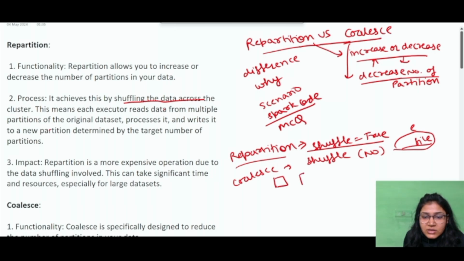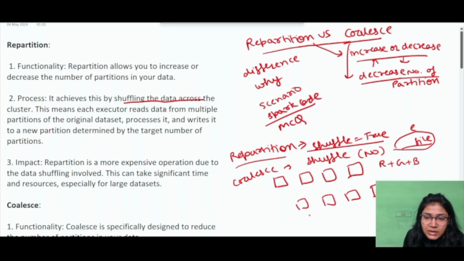So see, I have my initial data set distributed across 4 clusters. Or you can also consider one example that you have 4 buckets and each bucket containing red balls, green balls or blue balls, right? And now your requirement is to have individual bucket containing, say, red, green, blue, or maybe say violet, right? So you have this requirement. So that means from each individual bucket, you need to fetch the red balls, right? And place it in this red bucket, right? Similarly for green, similarly for blue, and similarly for violet.